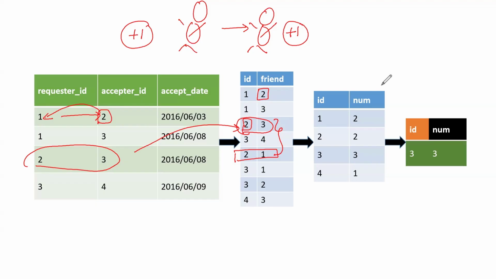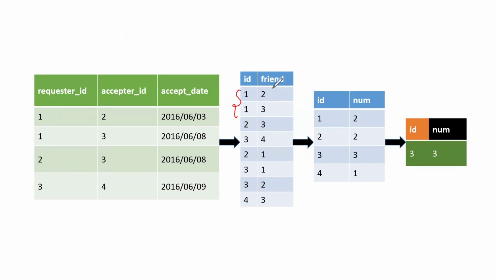Now the rest of the steps are very easy. If you're able to come to this step, if you're able to figure out that you have to create a table like this in order to get the output, then I think you'll be good to go. The next step is to do the group by, and then the count on friends. You can see over here we are grouping by the ID, 1 2 3 4, all the unique IDs that we have, and simply counting. Once we have that, all we have to do is find the maximum count. So this is the maximum count, and this is the output.